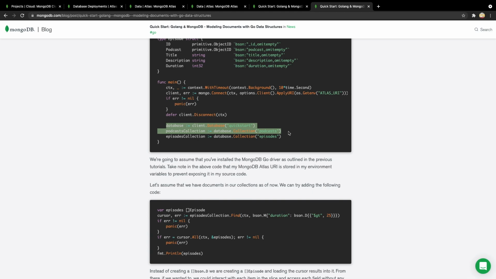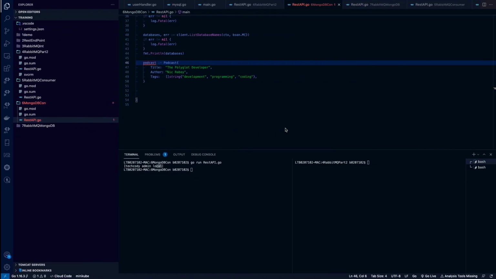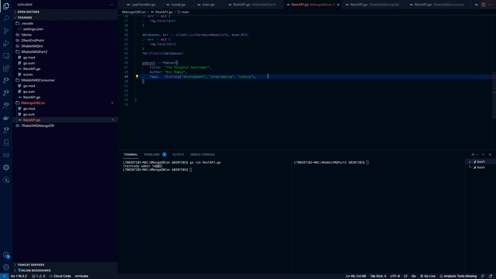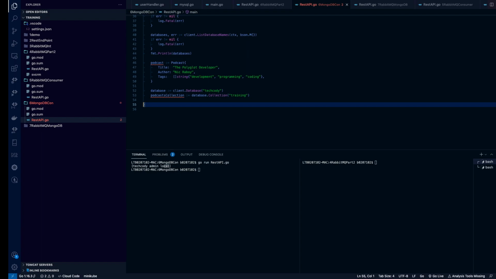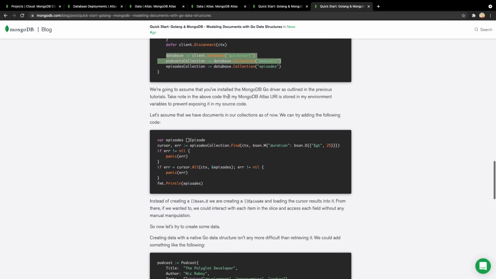So we can copy these two lines from here and paste them here. Here we need to mention the name of the database, so we have defined the name as TechCody, and here we need to mention the name of the collection. So the collection name is training. And let's go back to this again.